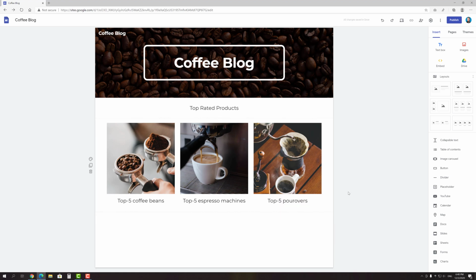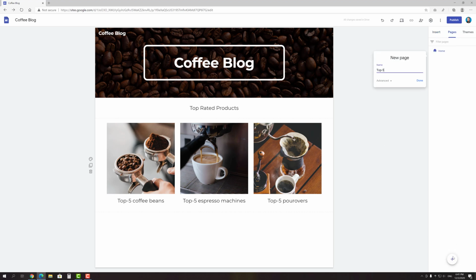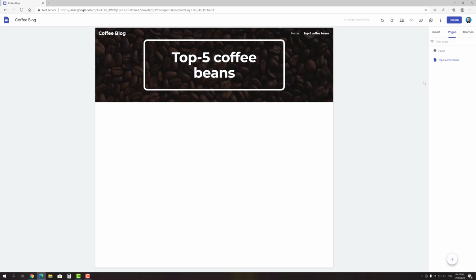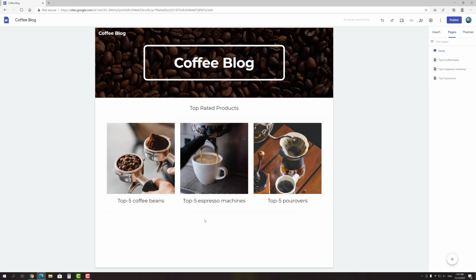Alright, let's make active links from these headings so that visitors can follow them. First of all, I don't have any pages except the home one, so I'm gonna create some. To create new pages, go to the appropriate tab and click plus. As you can see, each new page appears in the menu, but I don't want it to be there, so I press the 3 dots icon next to the page and choose the item Hide from Navigation. Okay, now I'm ready to add the links.